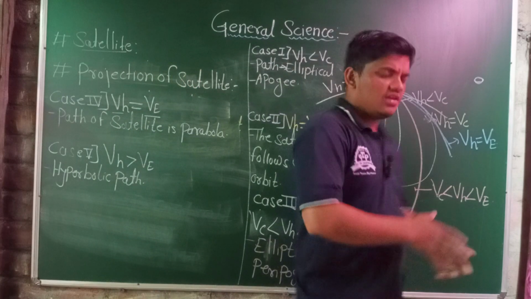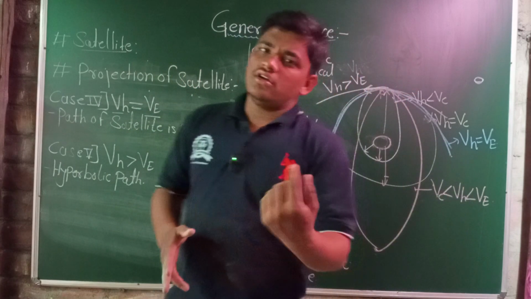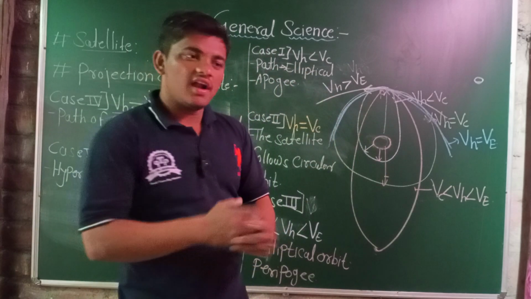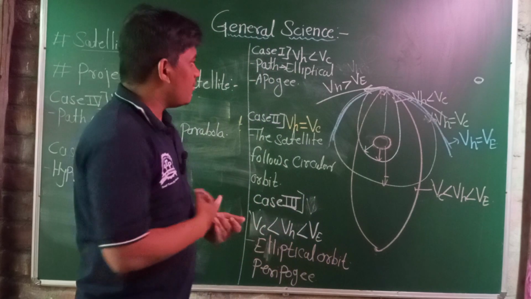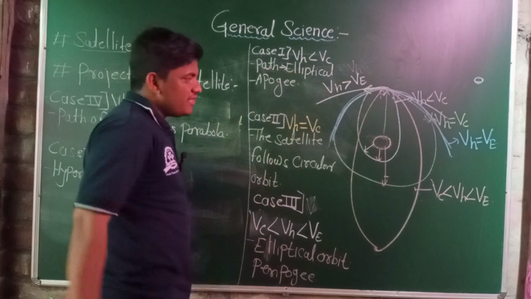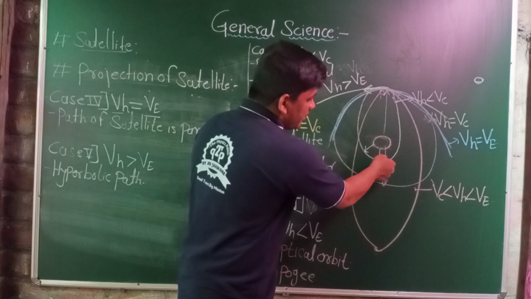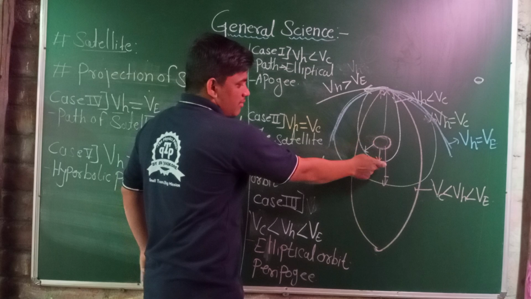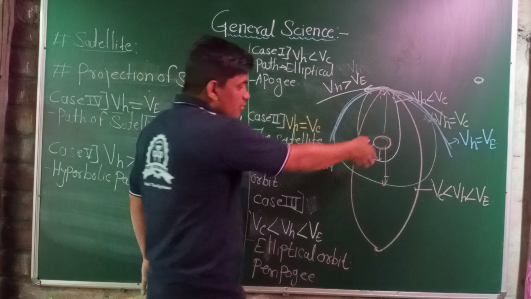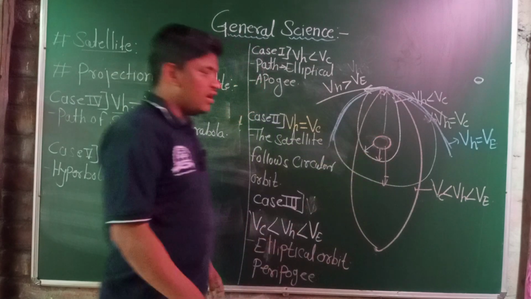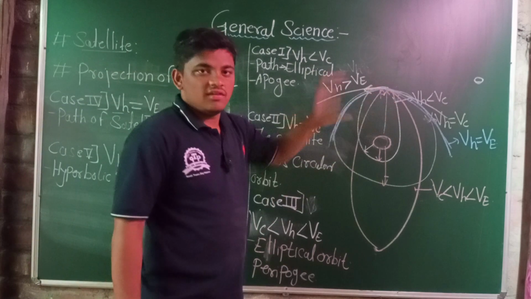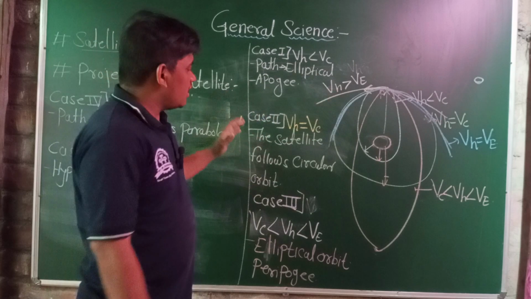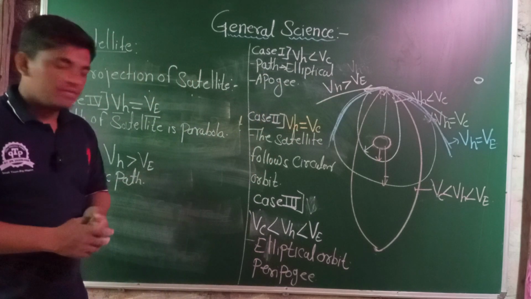What is the critical velocity? It is the velocity required for a satellite to move in a circular orbit around the earth. In this case the path is elliptical. At the elliptical path, the tip of the orbit is closer, so the distance between that tip and the earth is less as compared to the other point of projection. Then we try to increase the horizontal velocity of the satellite.